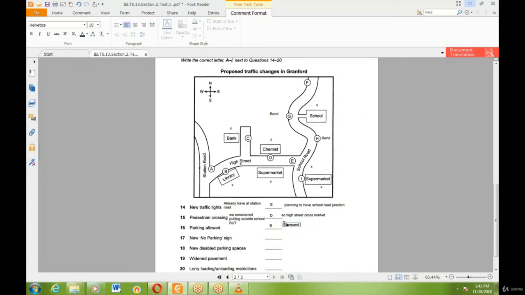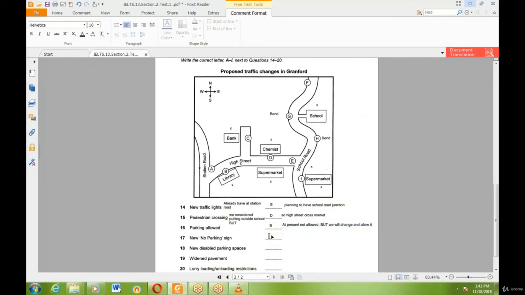At present, it's not allowed, but we will change. At present, it's not allowed, but we will change and allow it. You see what they did there? They keep playing with the word but over and over again, right? They're trying to trick you with language and things like that. But I'm pointing it out to you so you'll be aware of this and you won't get tricked by it.